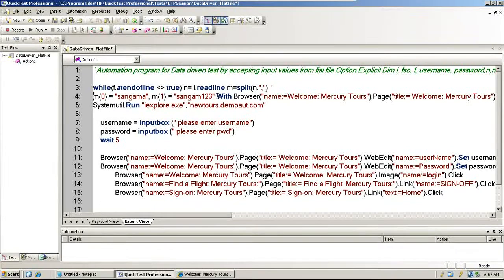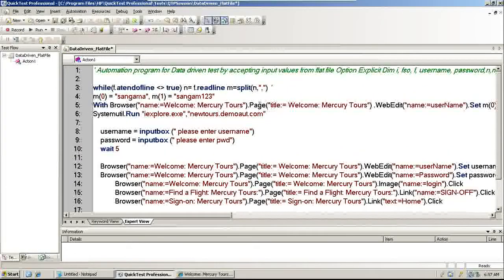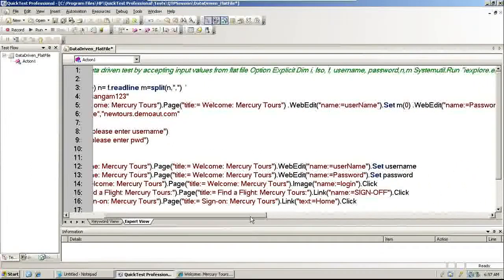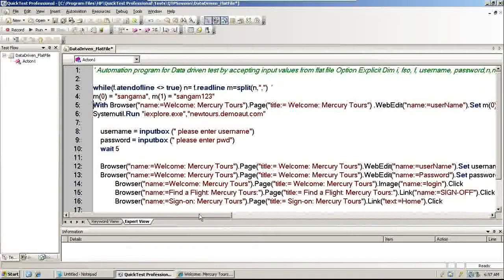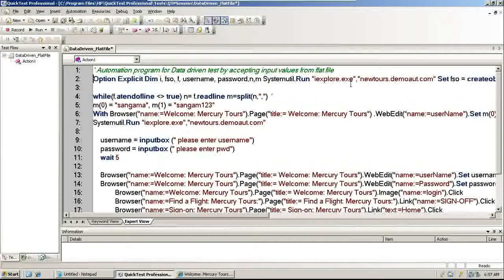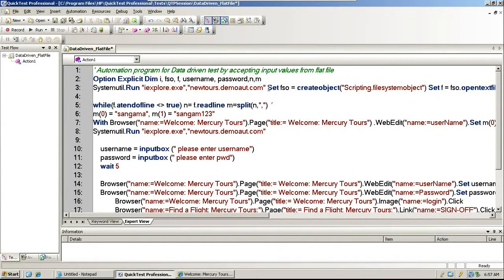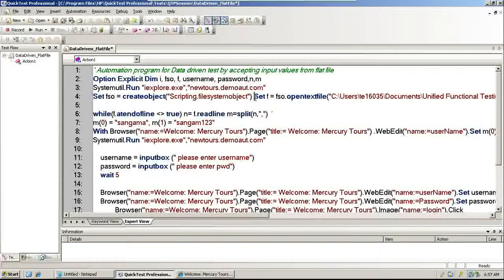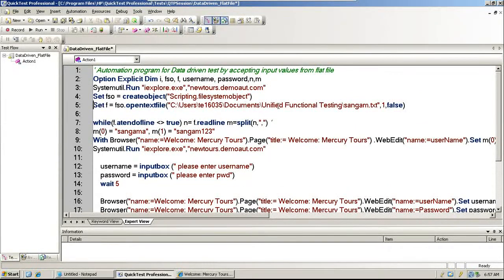How do you get it? It's pretty much standard. I have to cut it here because the whole thing is copied in a single line. Don't worry, I'll show. First of all, make sure that this path exists, otherwise it will throw an error. If you want to make changes, make changes.